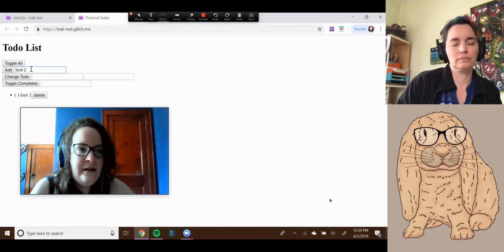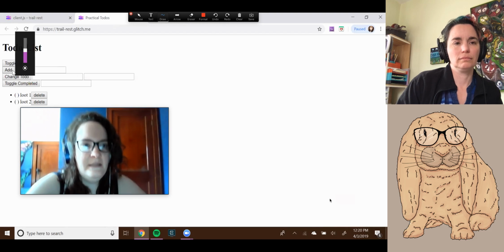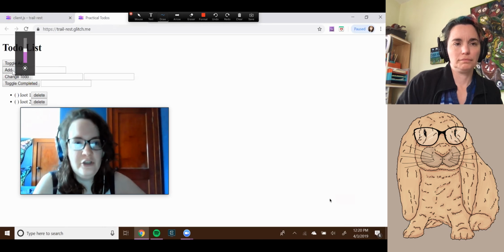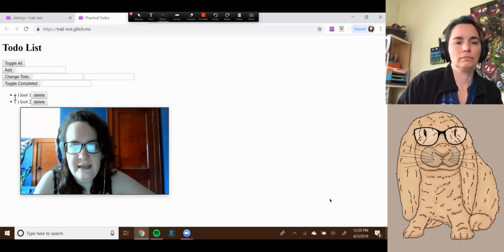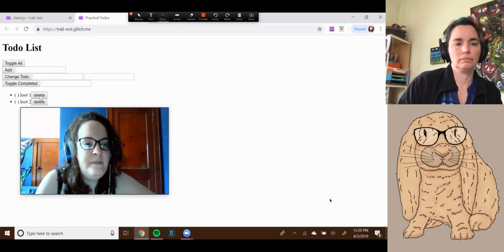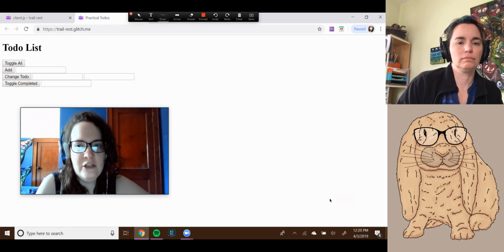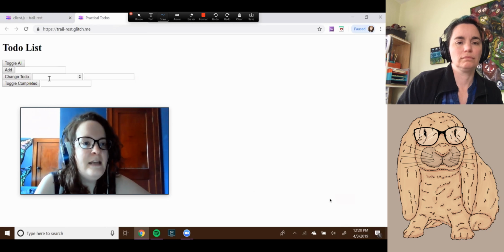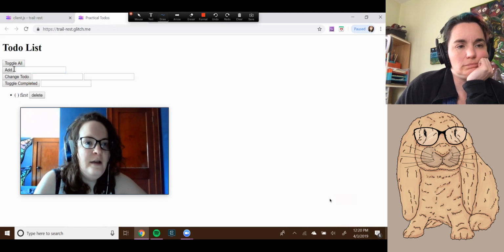I'm not going to need a completed property. These are all set up as key pairs on an object. There's the to-do text, and then whether or not it's completed. I don't really need that. I just need the text. I would like the ability to delete stuff. That's great. I don't know if I want it to look exactly like that. And I do want the ability to change them if we need to edit something. But that needs to be different than the way that it's set up here,